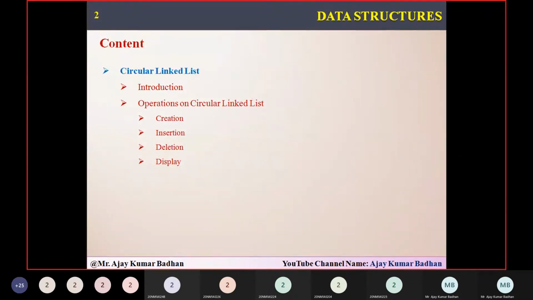Last time we discussed creation and deletion operations, right? How we can create and how we can display the data, we have seen it. So today's session we will try to complete insertion and deletion operations. How insertion is exactly performed and in the same way how deletion is done. Here we will be discussing only two cases, because only in these cases there will be a modification when compared to your single linked list.